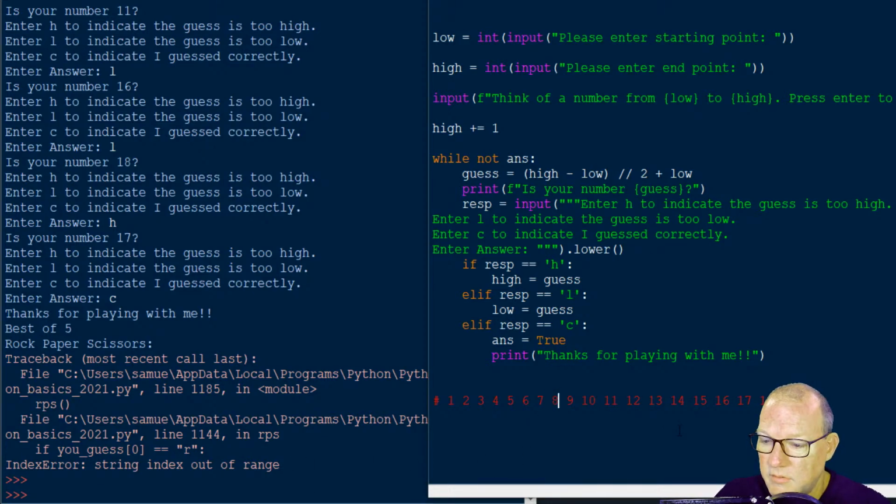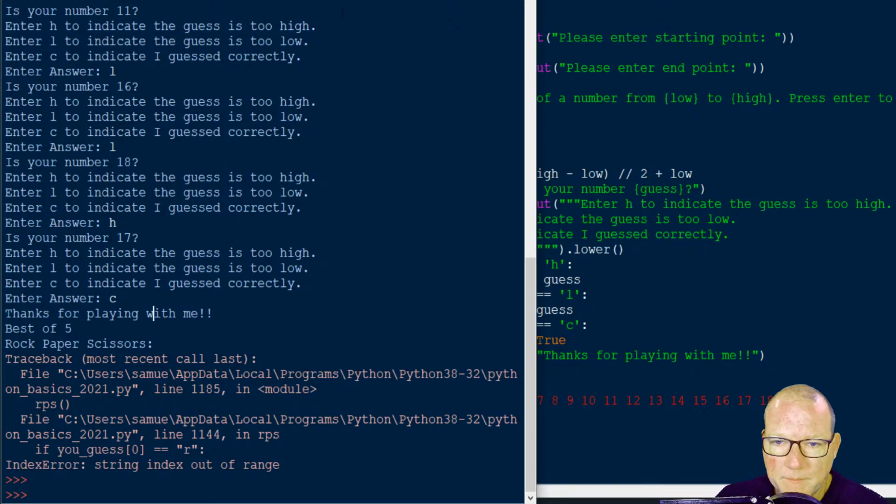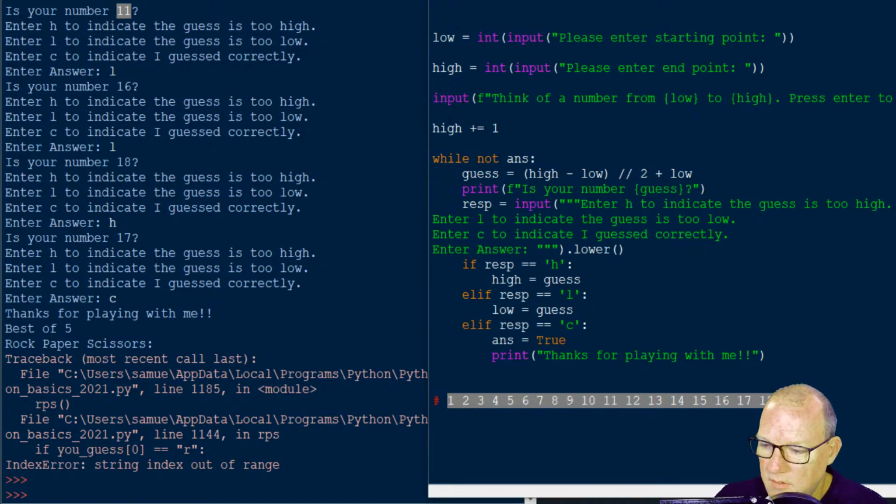So here's a good representation of what in the world was going on here. If you look, its first guess was 11. And if you look, 10, it picked, so there's 20.